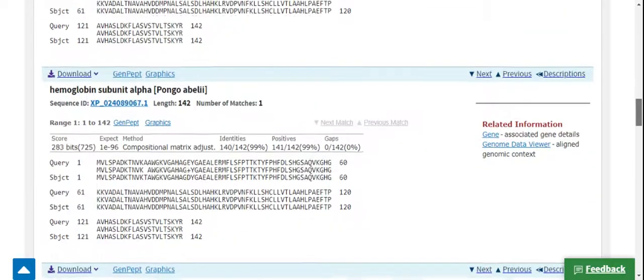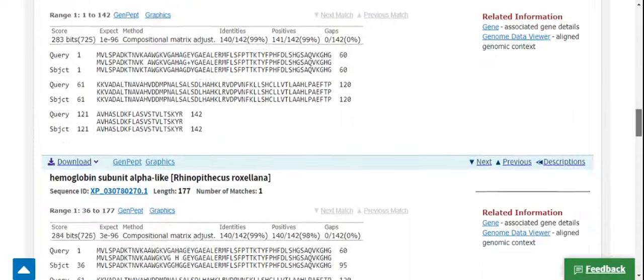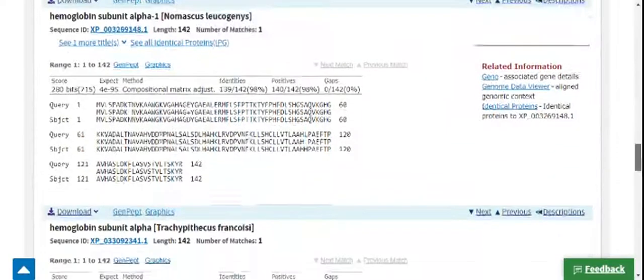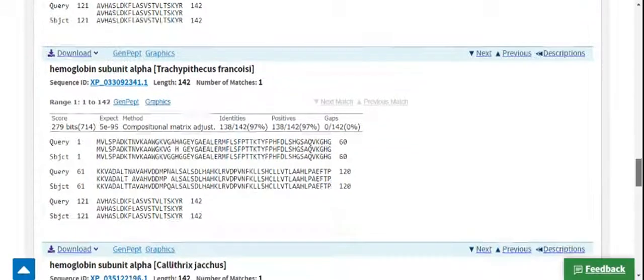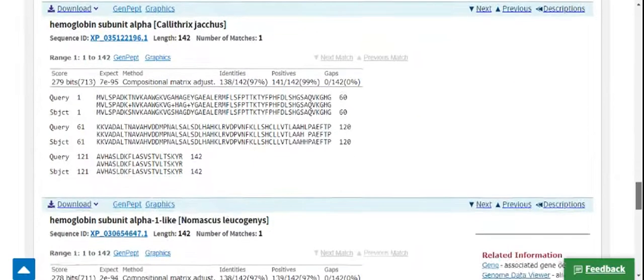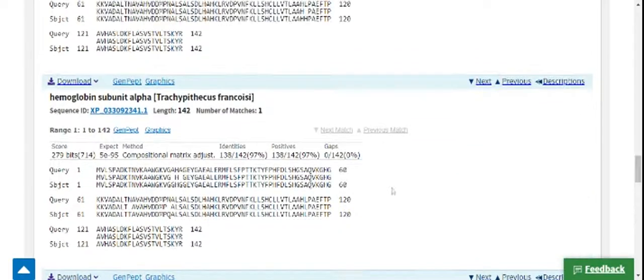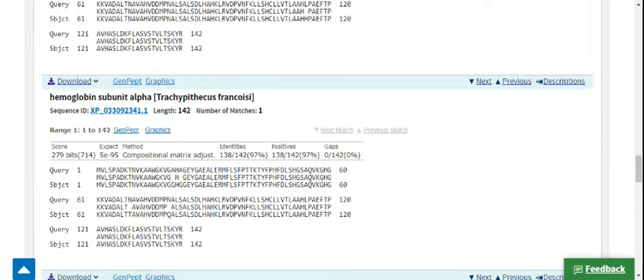A little lower we will go and look for slightly more dissimilar sequences. For example, here it is 97%, meaning 138 amino acids out of 142 are identical.